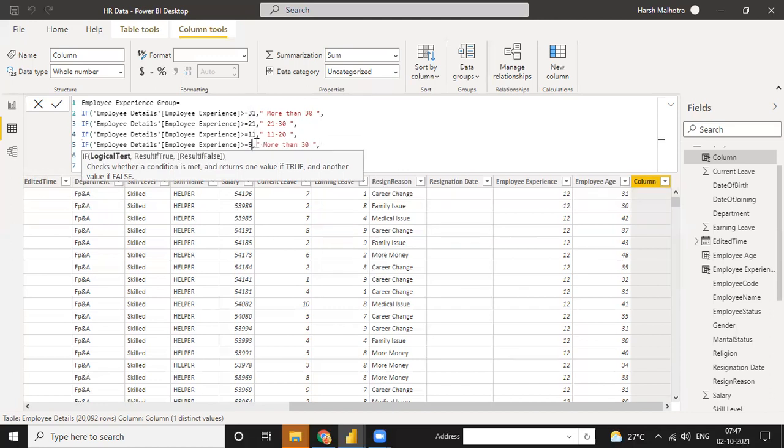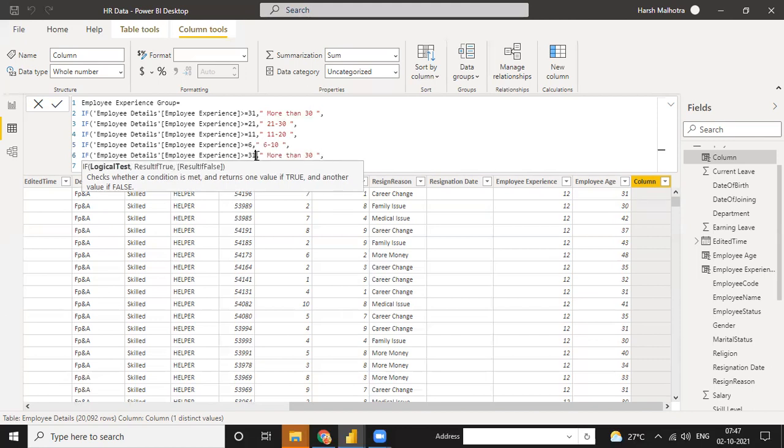And next, suppose right now I need 6. It means we have a total of years of experience 6 to 10. And last thing, greater than or equal to 0. Or right now I need 2, because 2 years of experience is also important.